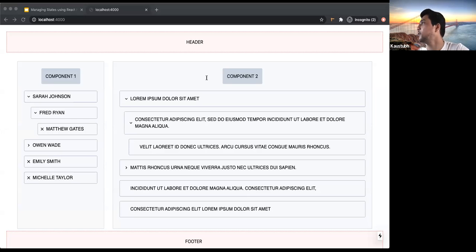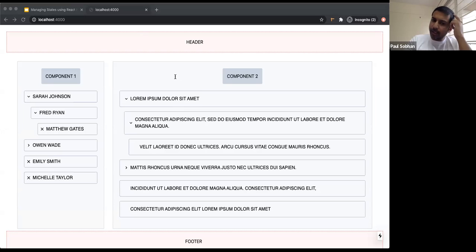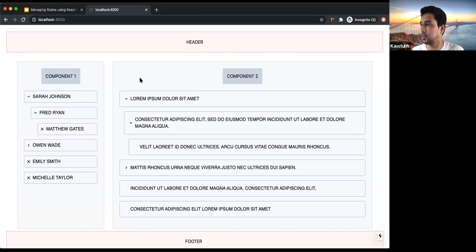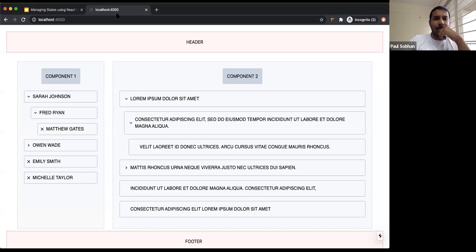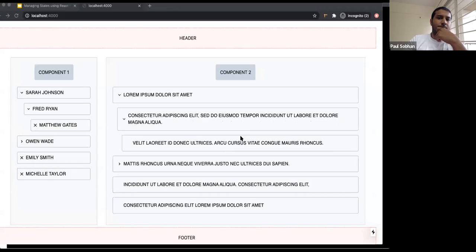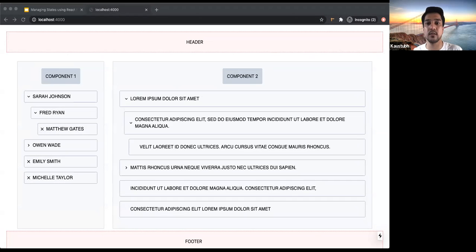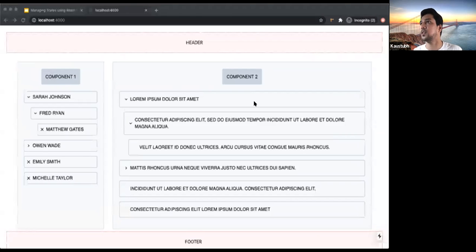You can see my Visual Studio Code. No, we can see your slide. We can see your localhost up and running, but we can't see your editor.